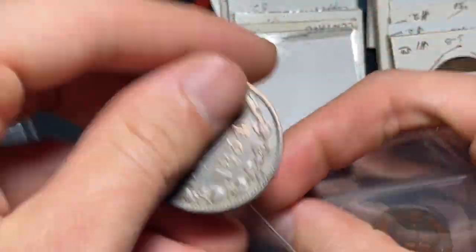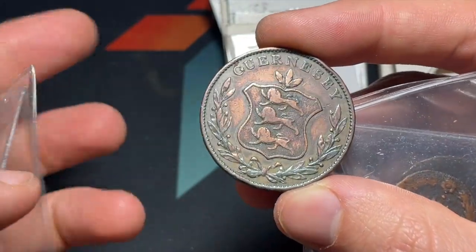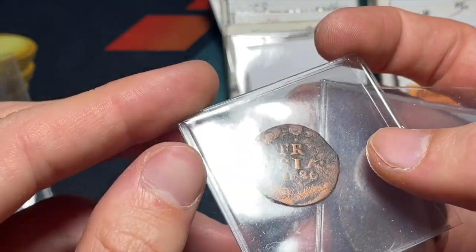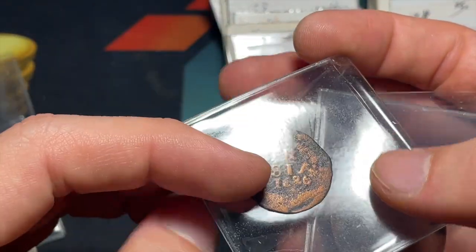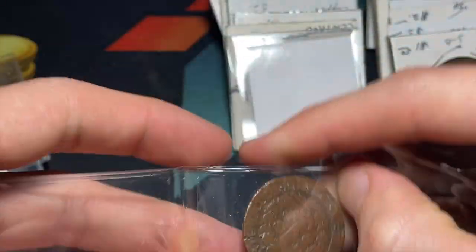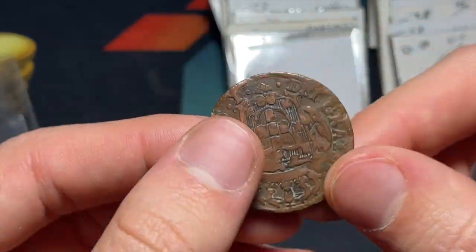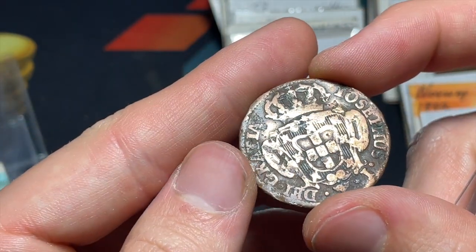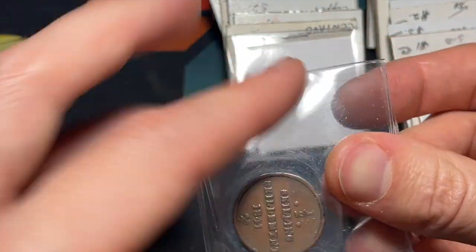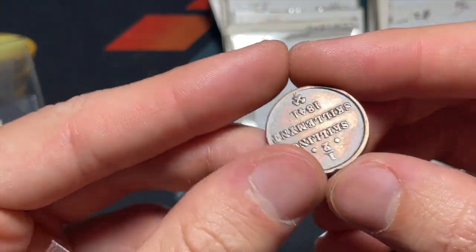There's a large 8 doubles coin from Guernsey. Maybe there's a remnant of a clean, but it's not polished looking like some other stuff is. Here's a 1680 something Frisia, probably earlier Netherlands Indies, West Friesland Duet. That one, 1754 Portuguese 5 reis Josephus. It's interesting how strong Portugal used to be. I mean, Brazil's Portuguese and they just had a massive trading empire. And then right here we've got this half Skillement